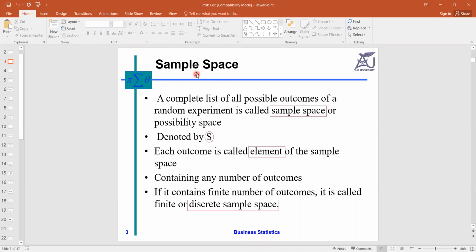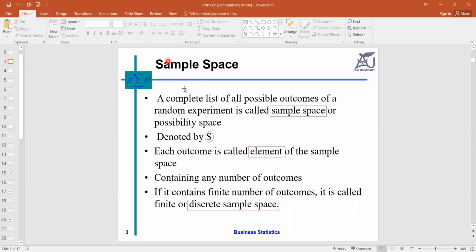If we make a complete list of anything, that is known as sample space. We just have to write it in the form of statistical notation, where we enclose the elements in curly braces, so it becomes the sample space. So what is the concept of sample space? Basically, whenever we make a complete list of any object, any item, or any person related to that variable, that is known as sample space.